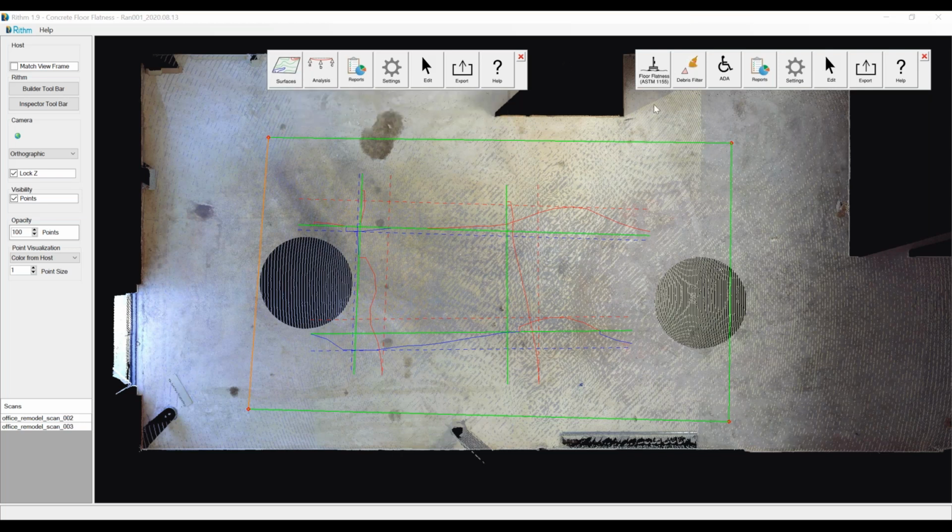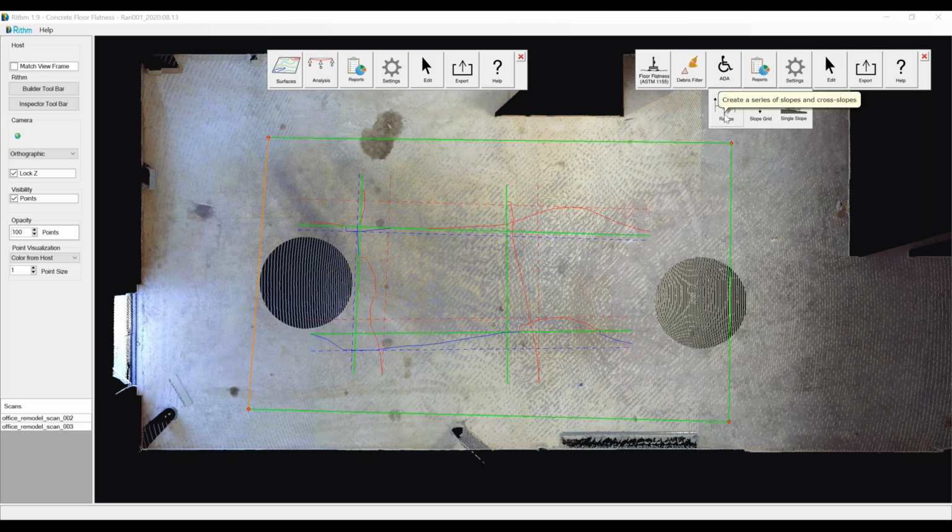And don't forget my favorite thing that I named my daughter after, our ADA function, Zoltan. Ah, yes, Kelly's daughter is the Americans with Disabilities Act. This allows you to do some ADA compliance analysis, where we can do single slopes or grids of slopes, which is kind of like grids of points, but it'll let you know which way and how much each of the points is going. This is also good for slope to drain slabs, but it also gives us ramps analysis,